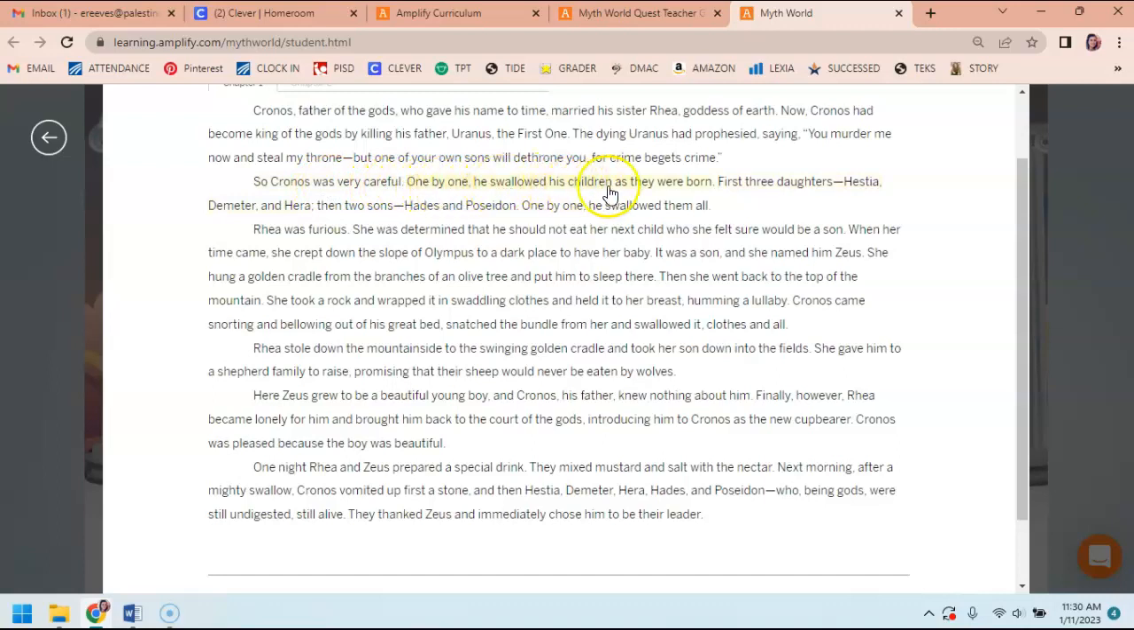One by one, he swallowed his children as they were born. First, 3 daughters, Hestia, Demeter, and Hera, then 2 sons, Hades and Poseidon. And one by one, he swallowed them all. Rhea was furious. She was determined that he should not eat her next child, who she felt sure would be